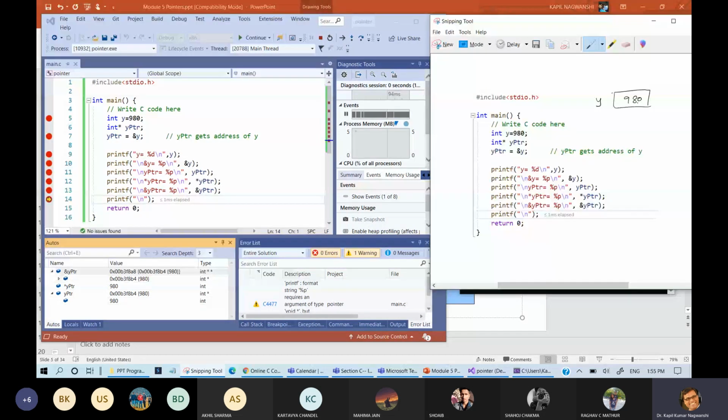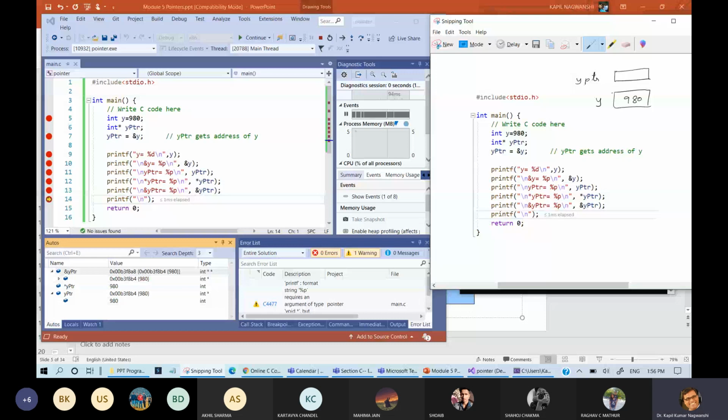Similarly, one y pointer is given. Y ptr is given. This holds some value. What is the value of yptr? When we are talking about a pointer, whenever I am putting a star, it refers to the address held by y pointer. So what is the address held by this y pointer? Whenever I am talking about the address of y pointer, suppose this is A8.